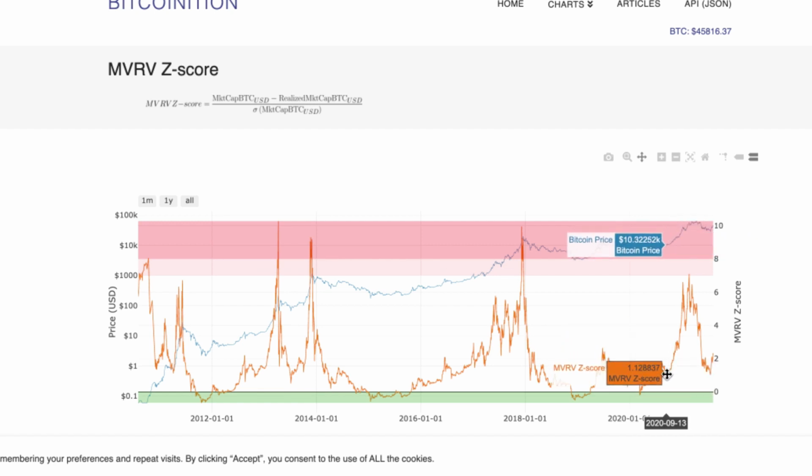I wish I could draw on this, I can figure out how to, but this was the floor of the MVRV score. This was another reason why I was like, oh, it's a good time to go in, because when it was down here in this area,